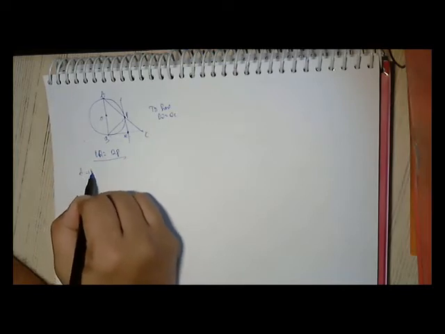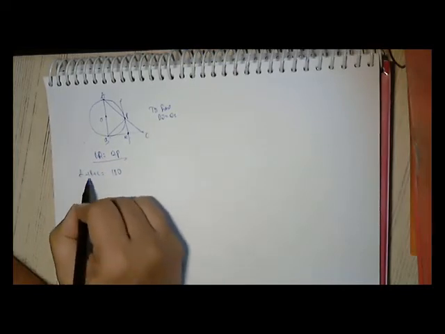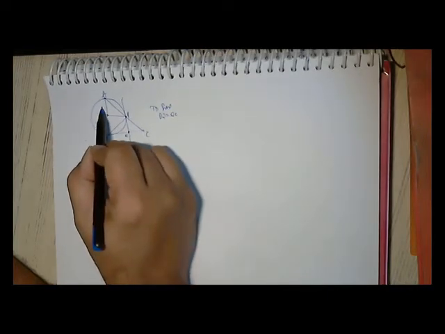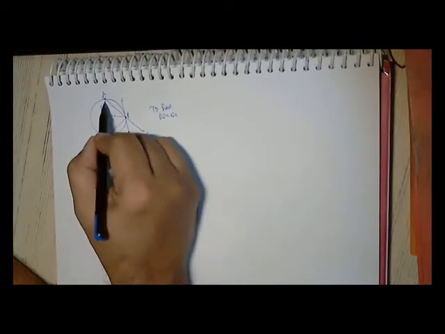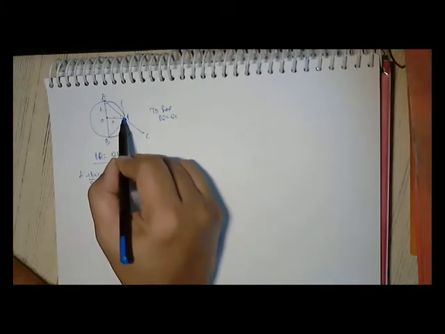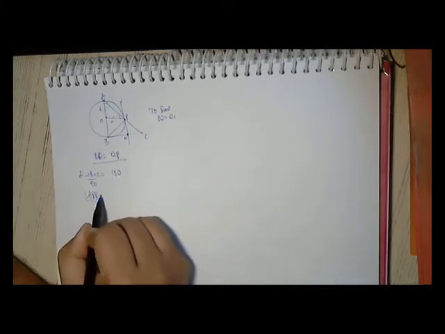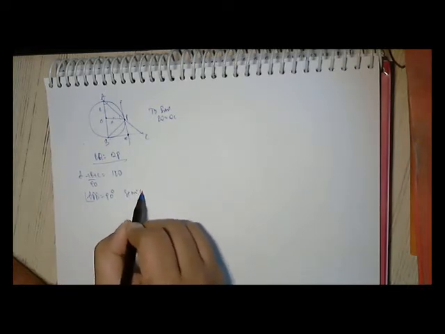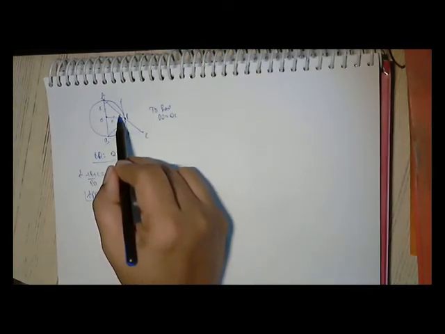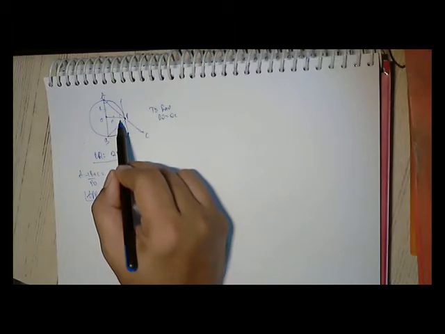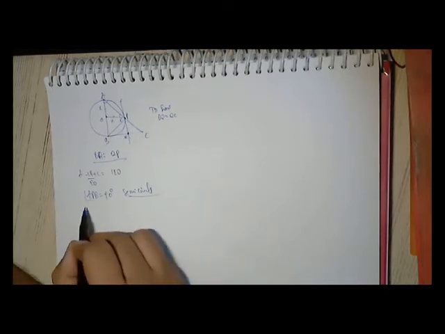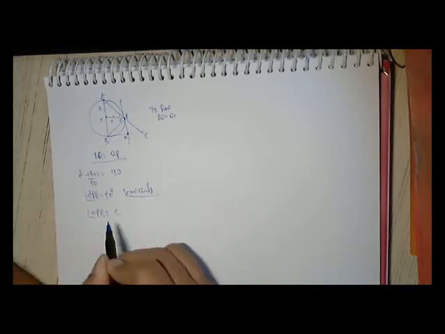Now A plus B plus C is 180. B is 90. So I connect this point. So this is radius. This is also radius. That means this angle and this angle are same. When these angles are same, then what is this angle? This is totally 90. Angle APB is 90, being an angle in a semicircle. So if this is A, this must be 90 minus A. This 90 minus A is nothing but C. So what we got? Angle OPB is C.